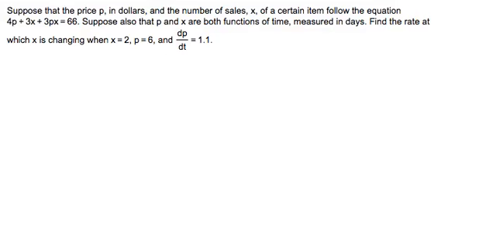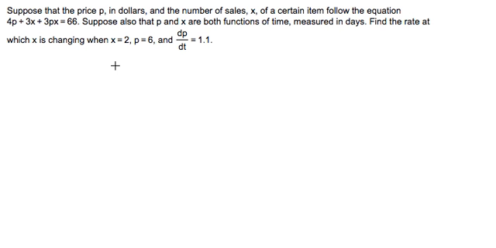Suppose that the price P in dollars and the number of sales X of a certain item follow the equation 4P plus 3X plus 3PX equals 66. The price is P, number of items sold are X. Suppose also that P and X are both functions of time measured in days. We'll assume T is time. We want to find the rate at which X is changing when X is 2, P is 6, and dp/dt